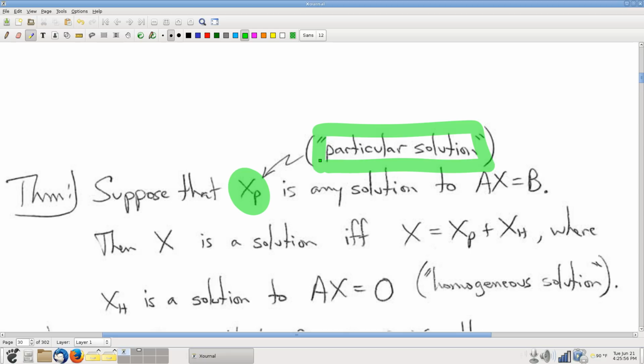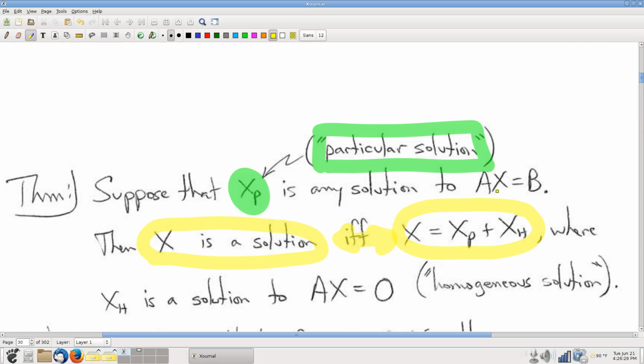There's nothing magic about this solution. It's not a solution in a way that other x's aren't. It's just a solution, but I have to decide what it is and stick to it. Not allowed to change for the purposes of this discussion. Okay, so we're going to stick to that one particular solution. What the theorem says here is that finding a solution, so any solution, whatever this other solution might be, that is synonymous with